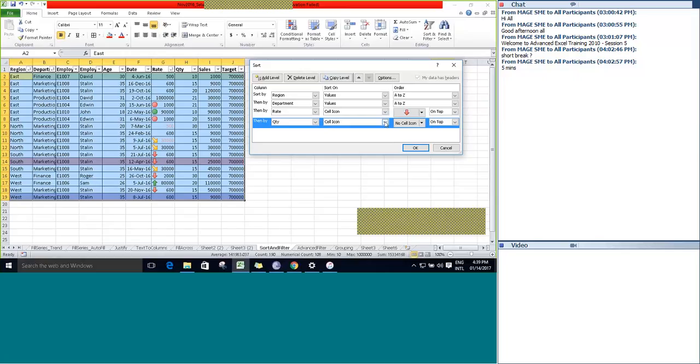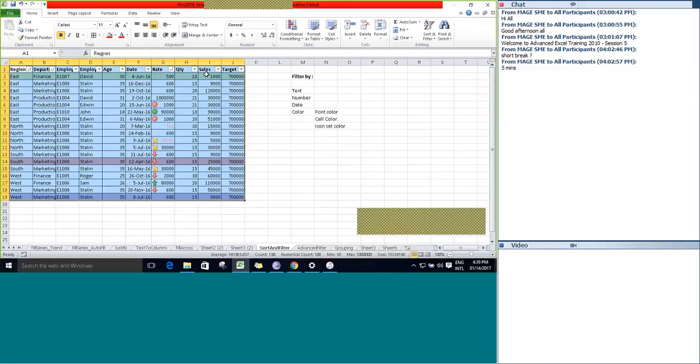Right? So if you want to delete any level, just click on delete level. It will delete the corresponding level that is selected by the user, and then click OK. So this way you can play around with different kinds of sorting that are available. Different levels of sorting you can make in Excel.